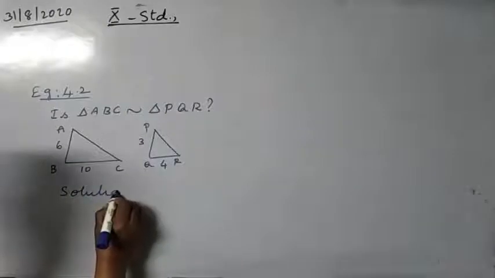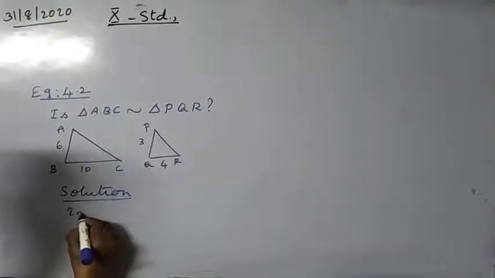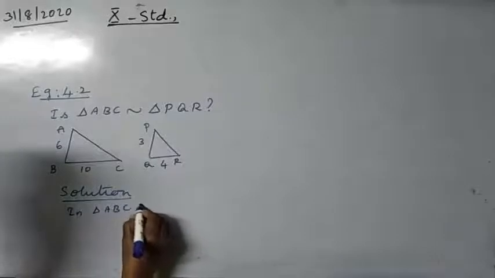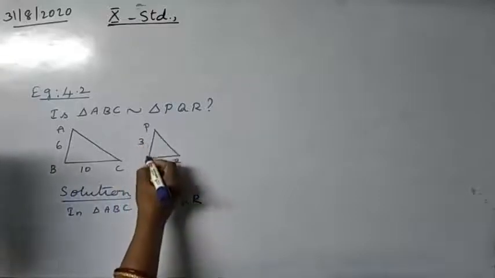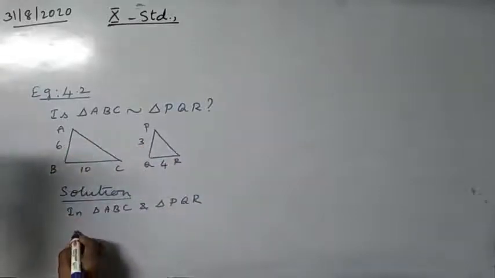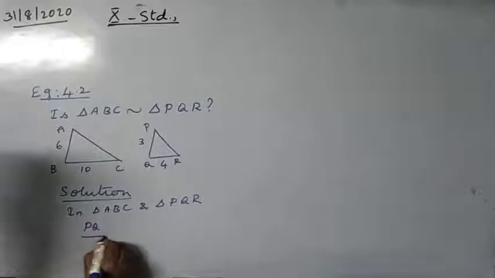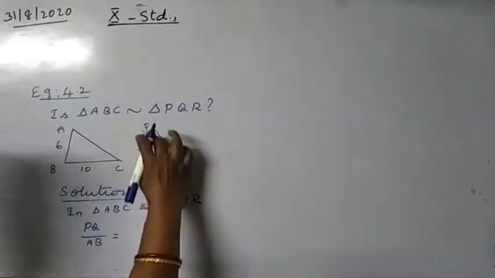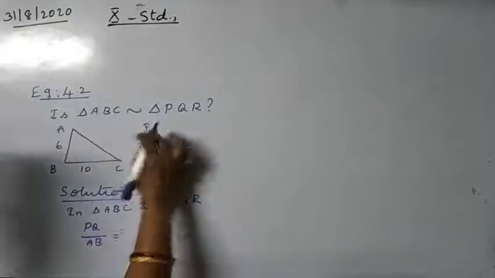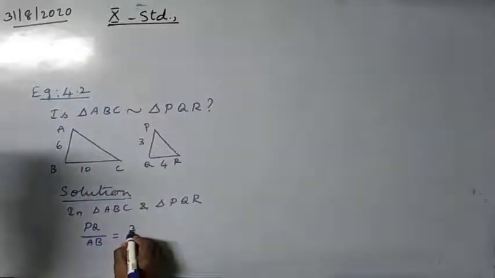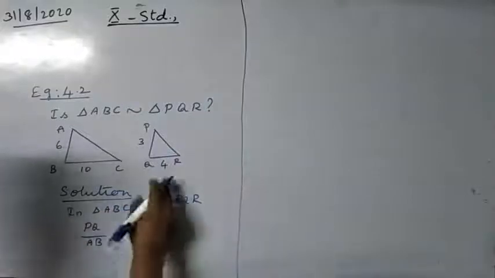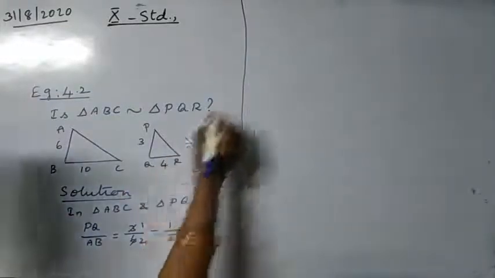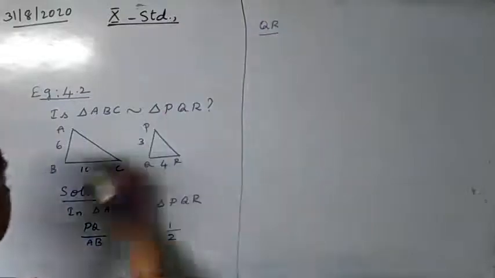What should we do for that? First take the two triangles, triangle ABC and triangle PQR. PQ is proportional to AB. So I can write PQ by AB. Take it like this: the small triangle's side over the big triangle's side, PQ by AB. So 3 by 6 is equal to 1 by 2. 1 times 2 times. Similarly, what other side can we take? Take only the sides whose numbers are given. It is QR by BC.